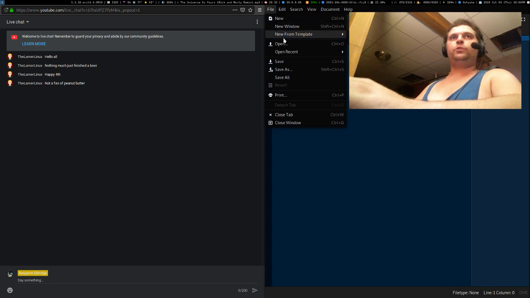And I'll open it up in Mousepad. Normally I would use NeoVim or NVim, but